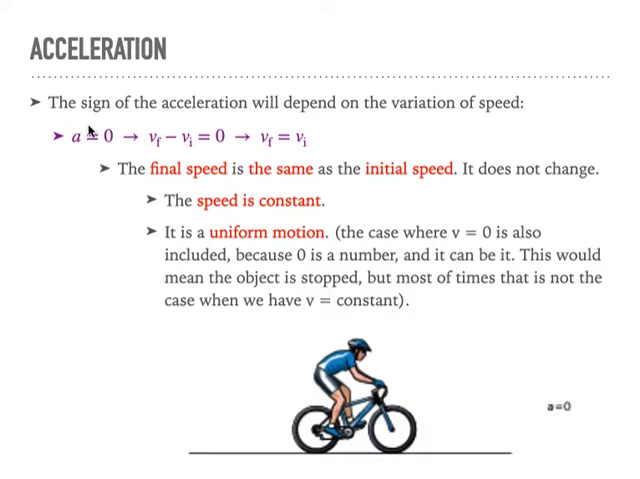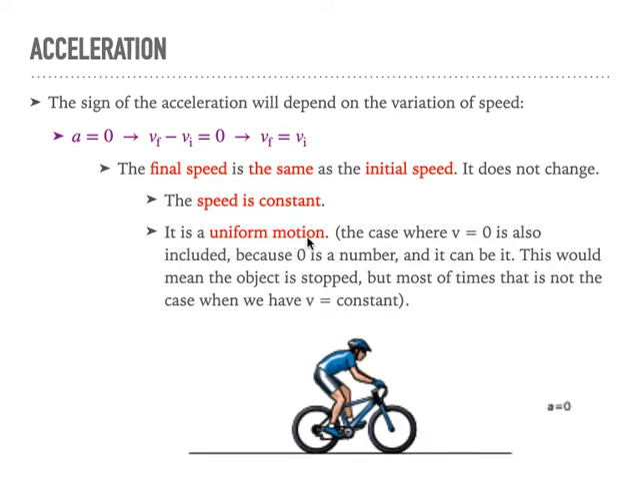If the acceleration is 0, what does it mean? It means that the final velocity is equal to the initial velocity. The final speed is the same as the initial speed. It means it doesn't change, it's always the same. The initial speed is the same as the final one, so the speed is constant, it's not changing, and that's called